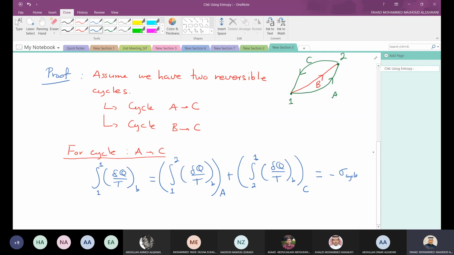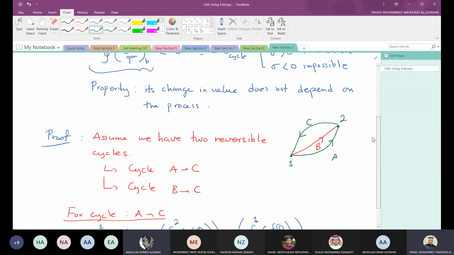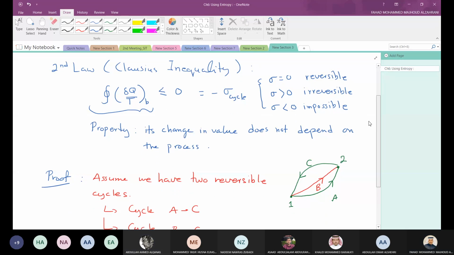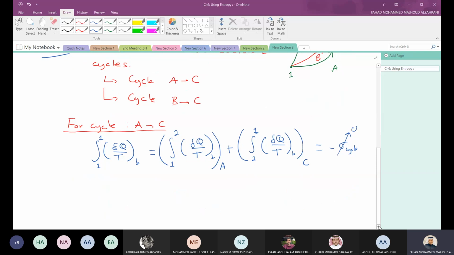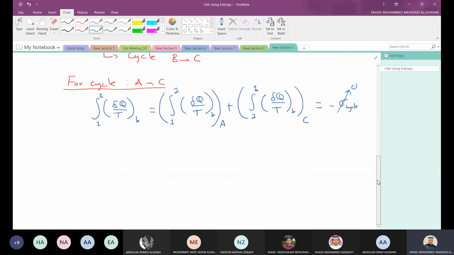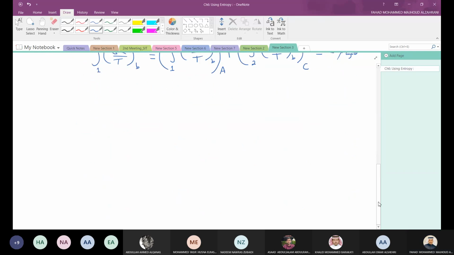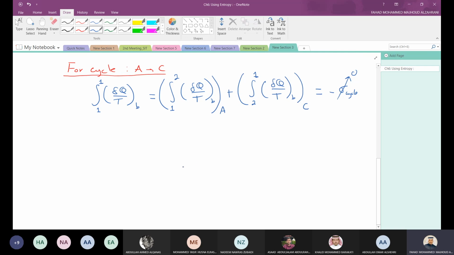If this is a reversible cycle, it will be zero. So yes, this is zero because these are reversible. So this is a reversible cycle. Okay, so if this equals 0, that means the integral from 1 to 2 of dq by T for cycle A